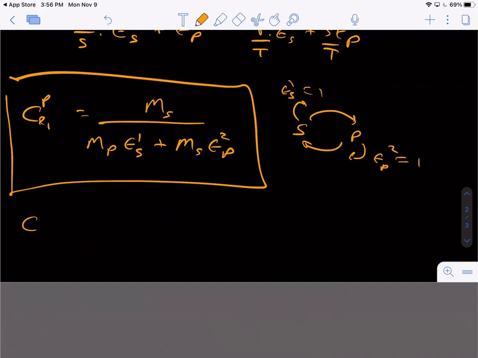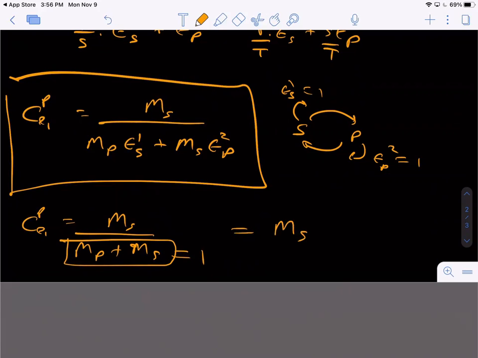And so in the linear range, when the enzymes, kinase and phosphatase, are unsaturated, we end up with that. Now, of course, the sum of both mole fractions equals 1, so I end up with MS. And since I know that MS varies between 0 and 1,